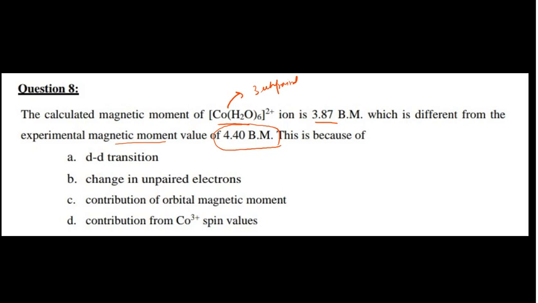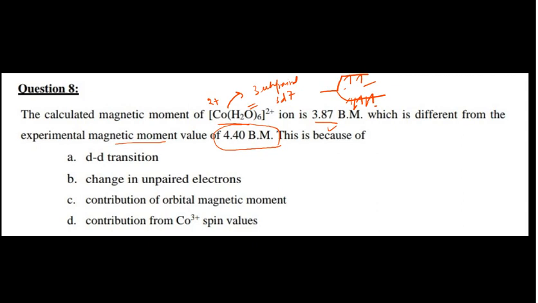Okay, see, in that case cobalt is in +2 oxidation state, and when cobalt is in +2 oxidation state, that means it has the 3d7 system. So it's a 3d7 system, and it's a weak field ligand. In the weak field ligand, if you fill the electrons, weak field: 1, 2, 3, 4, 5, 6, 7. So 1, 2, 3 and 3 unpaired electrons are there, which results in the 3.87 Bohr magneton.